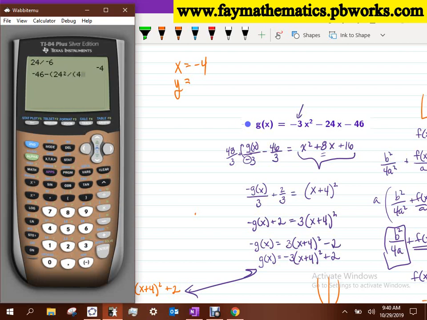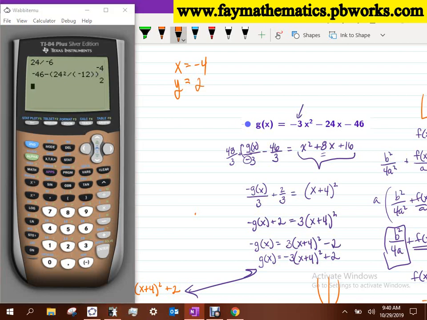So 4 times negative 3, let's write negative 12, be easier. And my y value is 2. Make sense? Okay, so now I know that it is a times x plus 4 squared plus 2, and